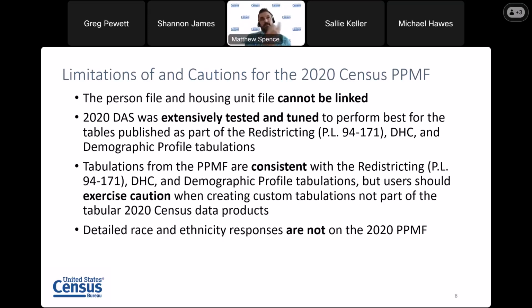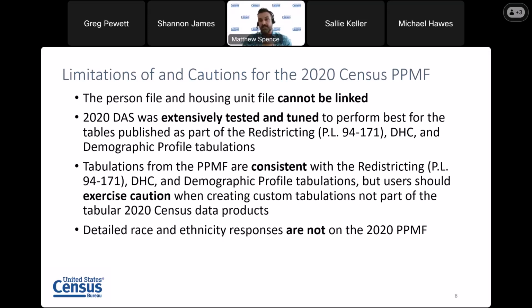Say I wanted to tabulate the number of males who are 5-year-olds for Maryland. Well, I'd say, okay, first grab me the state 24, Maryland, get me Q-sex, that's male, and get me age, QH, that's 5. And then I would filter all of those 330 million records down to a smaller number. And that count of records is how many 5-year-old males there are in Maryland. And that's how we did our tabulations that are available on data.census.gov and available in the API. So that means that the PPMF and the official tabulations are 100% consistent there.